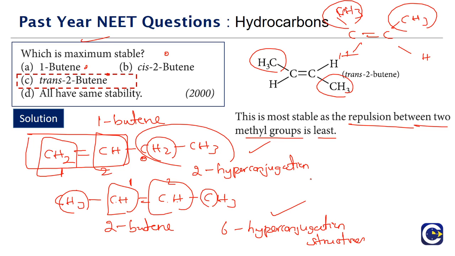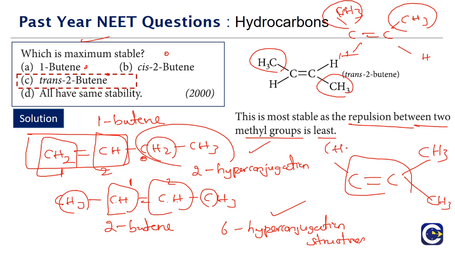So first we are concluding which is stable, whether it is a 1-butene or 2-butene. So we got the conclusion, since 2-butene is more substituted alkene, it will have more number of hyperconjugation structures. Again, how do we know what is the number of hyperconjugation structures? We will fix up the double bond carbons. To the double bond carbons, if you look at the carbons that are directly attached, like if you have an alkene like this, I'm just giving an example, okay, think about it. If you have an alkene like this, all of these we can call as what? Alpha carbons. All alpha carbons.